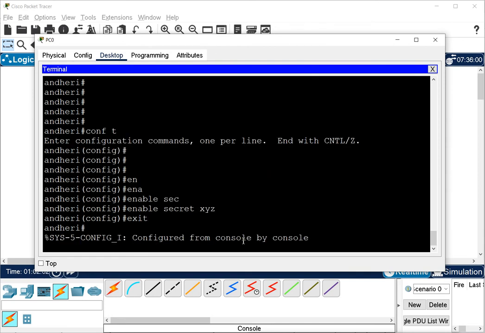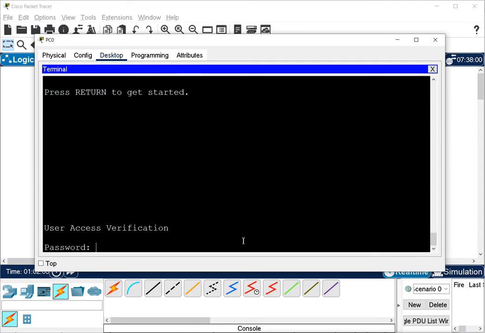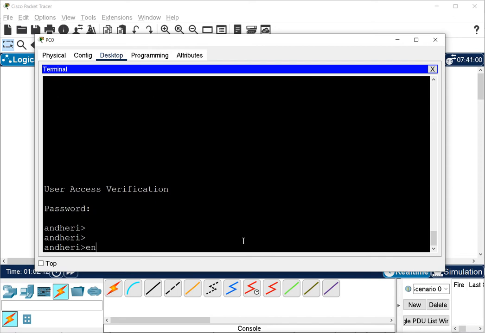Now I will exit from everything and log in again. I gave the console password, and now when I go to privilege mode, it asks for the password. Remember, the enable password is also configured, along with the enable secret password.